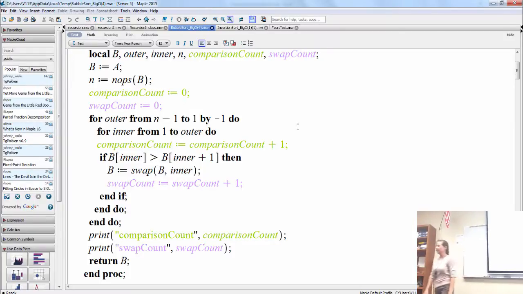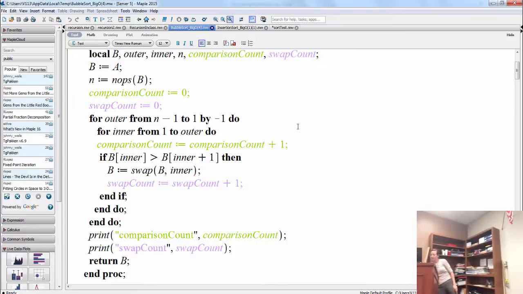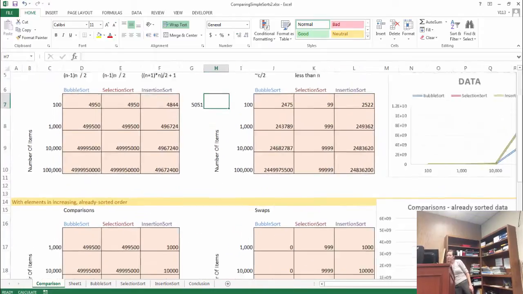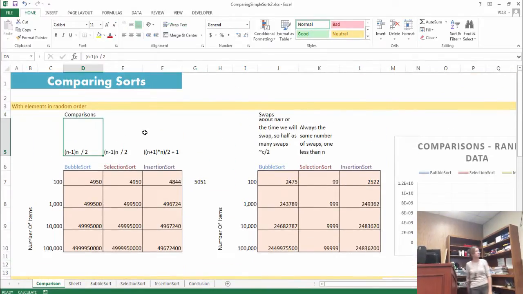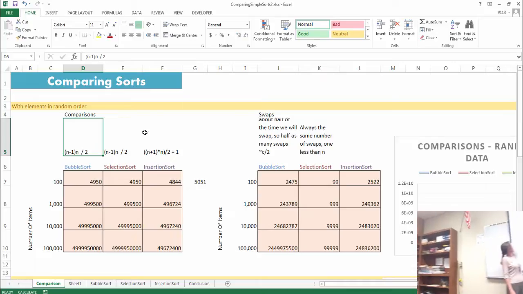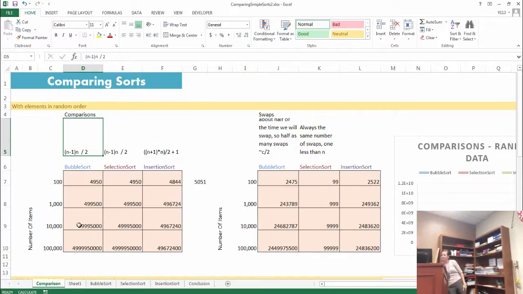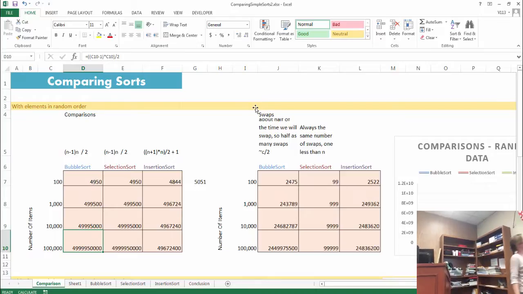Okay? And if you look at the equation, that's what you see right here. So if you have a for loop within a for loop, you can multiply. This n here was for the outer for loop. And the n minus 1 divided by 2 is for the inner for loop. Okay? So you can kind of see, okay, bubble sort, really inefficient, but really easy to calculate. You could have just plugged this equation right inside of your cell. In fact, I think I did that in here. You can see the equation up there.